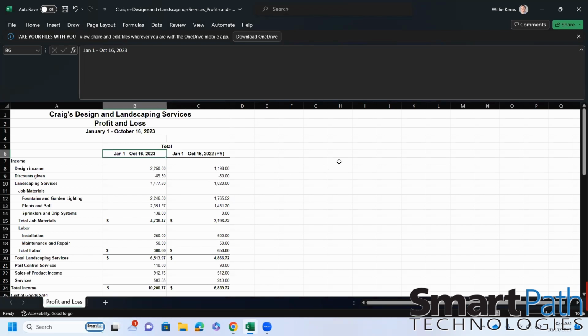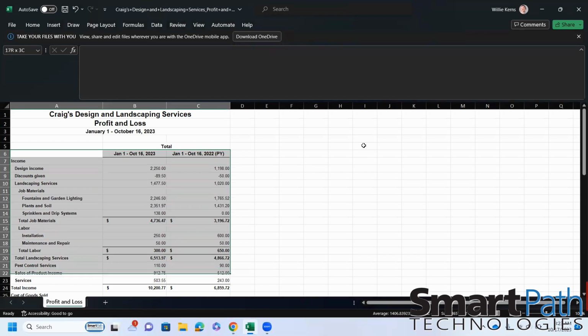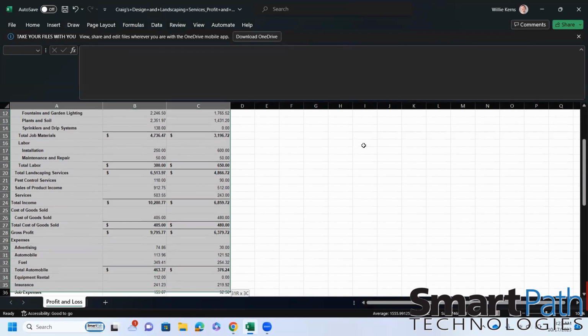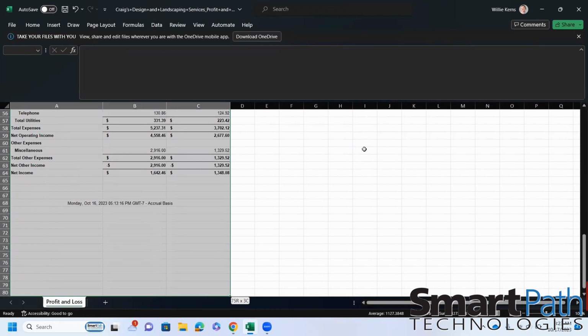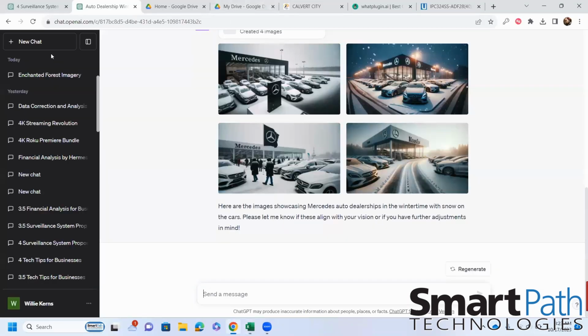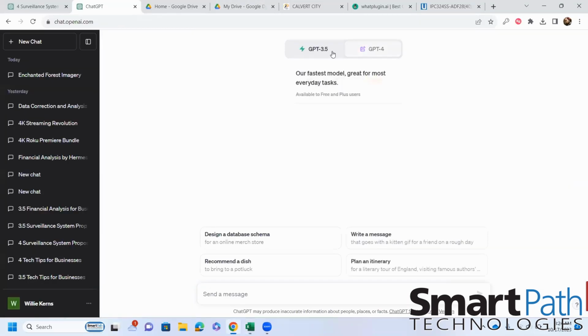You all are familiar with what a profit and loss looks like, and this is our friend Craig, who has a little landscaping business. There is Craig's profit and loss comparison for 2 years. We're just going to highlight his entire profit and loss here, and come back over here and say,